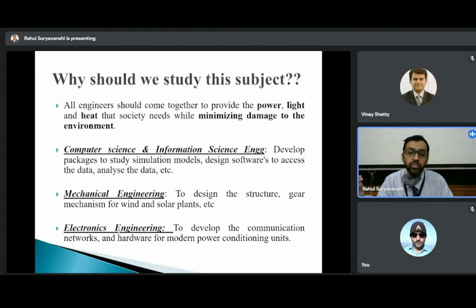for what is the size of wind plant that can be installed. So those sensors play a very vital role, communication with the sensors, the data transmission. So all these things need to be done by an electronic engineer.